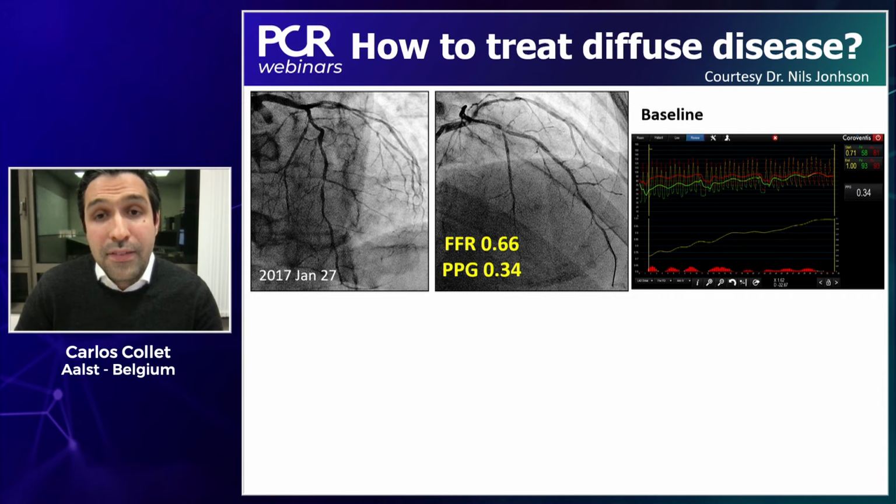But now we have these patients. I show you a case that was shared with me by Niels Johnson. This is a lady that in 2017 came to his cath lab, and she had anatomical diffuse disease. At that time, he measured FFR. It was 0.66. You see the LAD over there. And he did a pullback, and he saved the raw data. So we were able to use the raw data, put it in the new Coroventis machine, and calculate the PPG. The PPG 5 years ago was